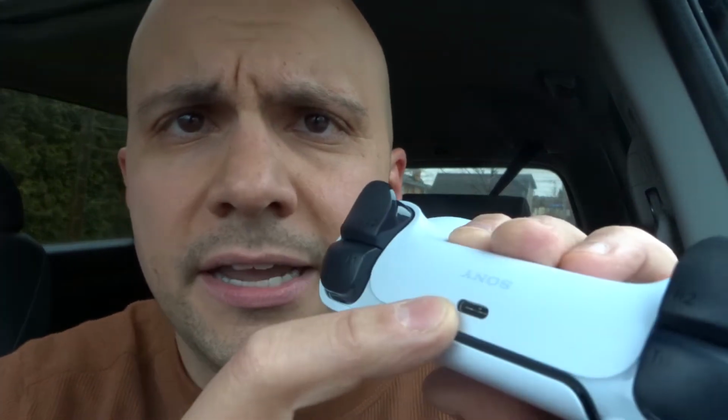If that doesn't help you, move on to solution number 2, which is to blow into the charging port on the controller. So you can see right here, here's the charging port. Take a look, see if there's any dust, dirt, debris, grime,